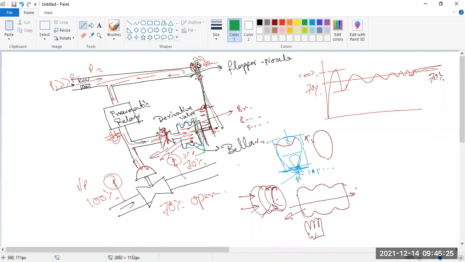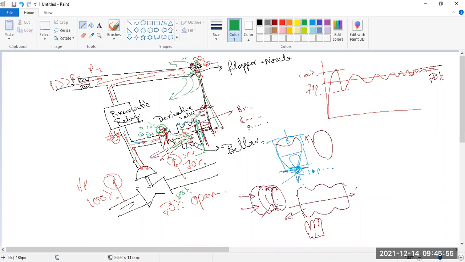In this way, some air will again disappear and go to the outside, and then it will also release this valve, so it will again open to 80%. In this way, if you control this derivative valve, then one by one some percentage of air is going to release. Say the first time you open this for a 10% release, again you apply some, so again 10% was released.